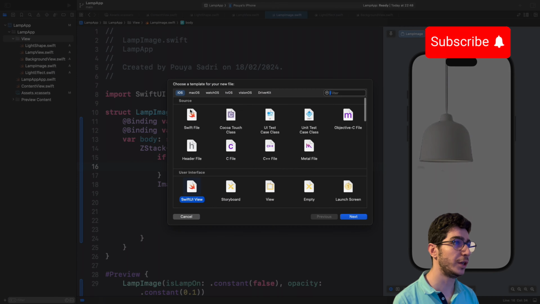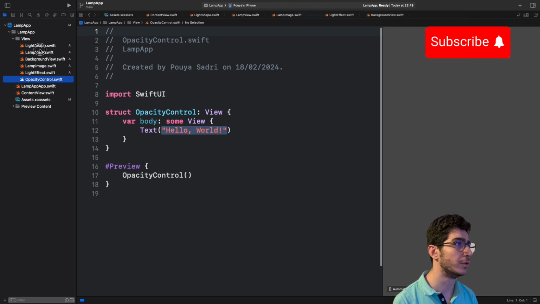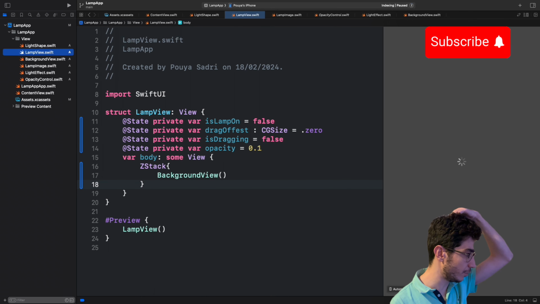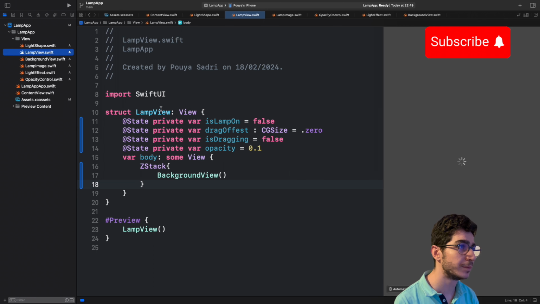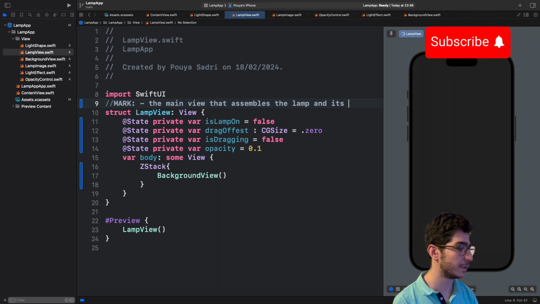So create a new view file here, naming opacity control. So let me just comment something out. So for the lamp view, we have to say the main view that here, mark the main view that assembles the lamp, it's interactive